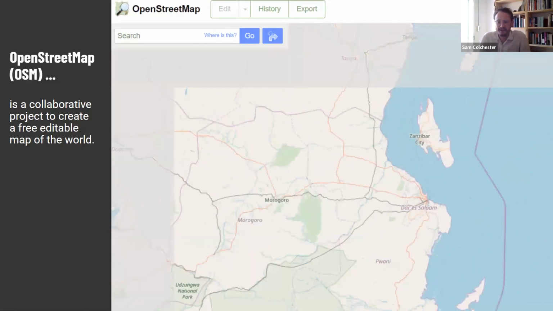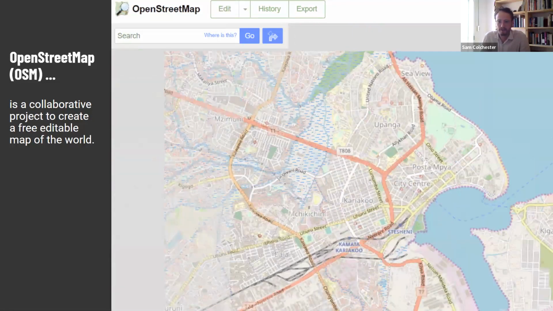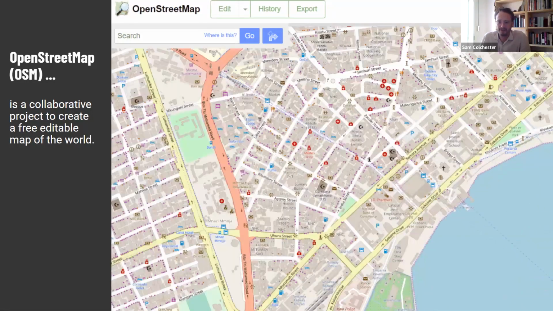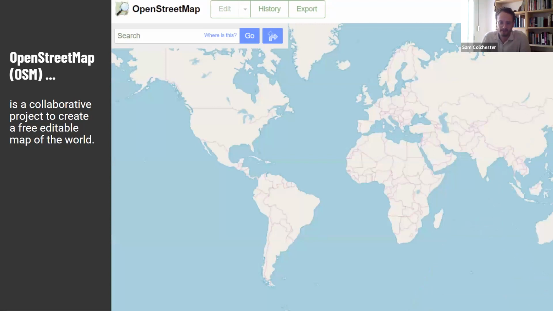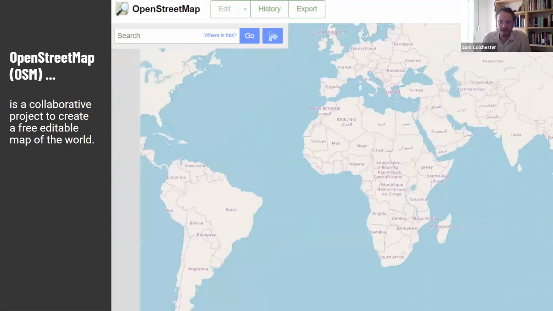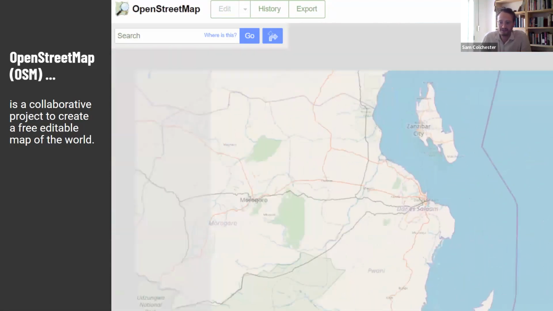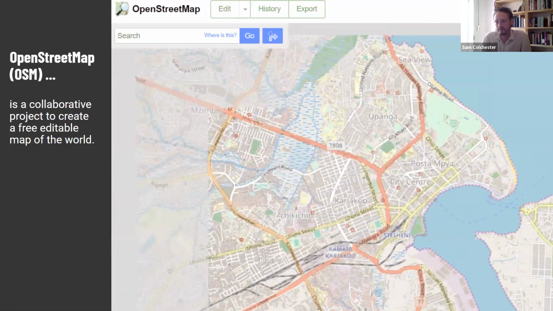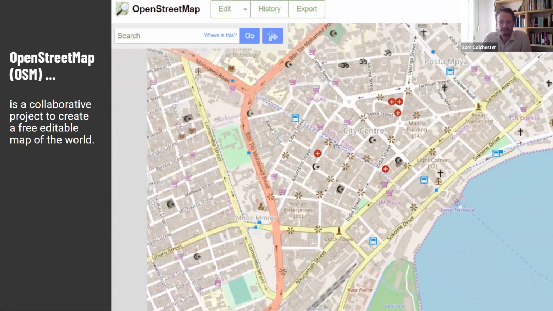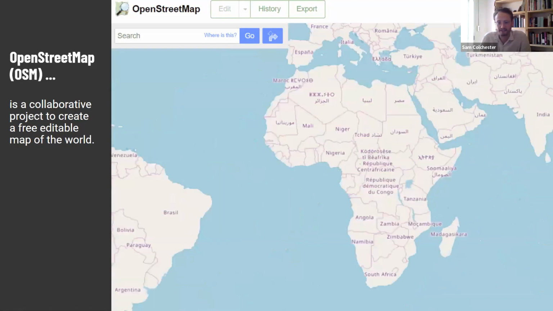I recommend you just zoom in maybe to somewhere you're familiar with, maybe somewhere that you live or that you grew up. And as you zoom in, you'll notice it looks like lots of other slippy web maps that are available, like Google Maps or Apple Maps. But as you zoom in, just look out for things that might be missing. There's probably some things that are missing in your neighborhood or the area that you're looking at. Now, the beauty of OpenStreetMap is that if those things are missing, you can add them really easily.